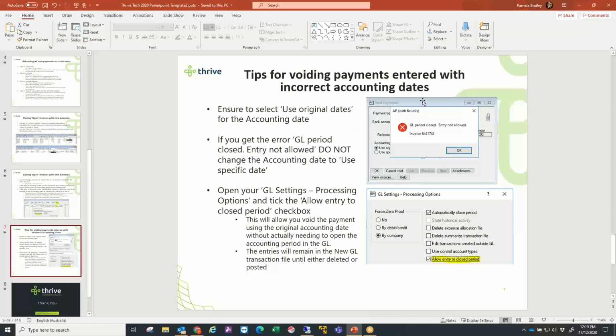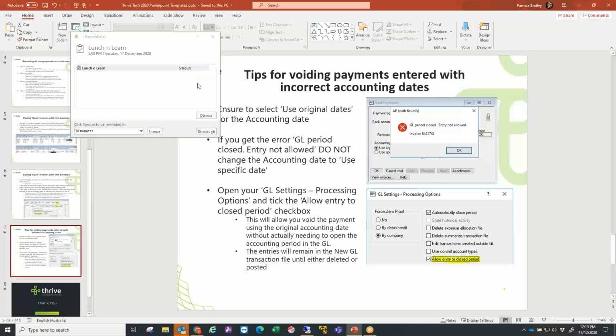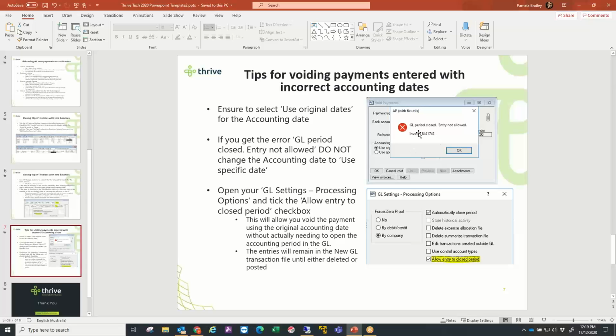So if ever you're faced with this message, you're voiding something that's had a wrong date, you're prompted with this message about the period being closed, your answer is to go into your GL settings, into your processing options, and tick this box down here, allow entry to close period. This box will allow you to work in your subledgers, so accounts payable, accounts receivable,